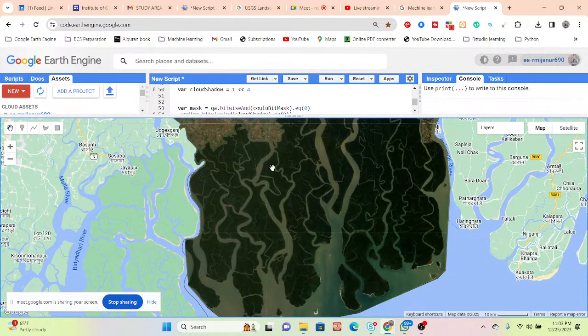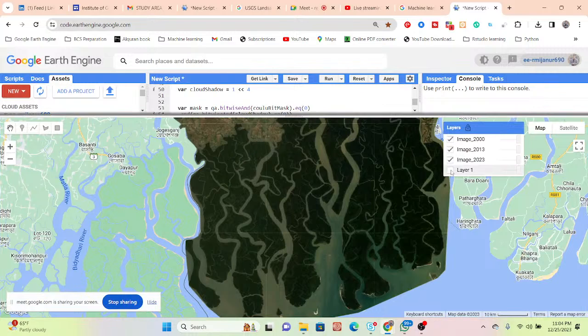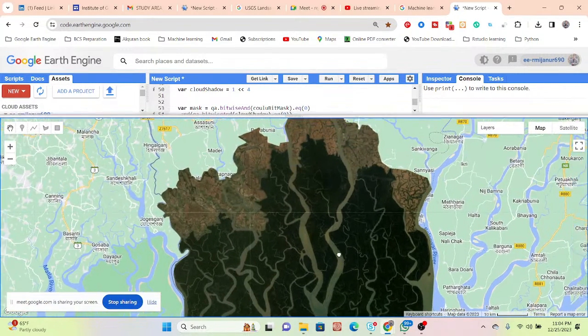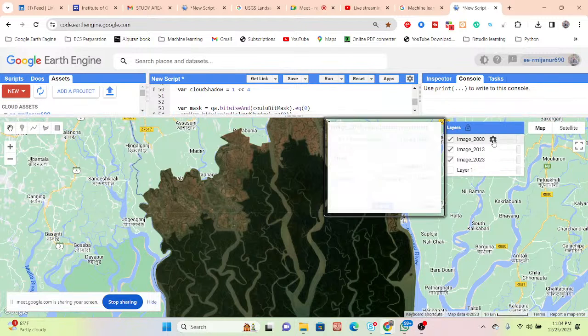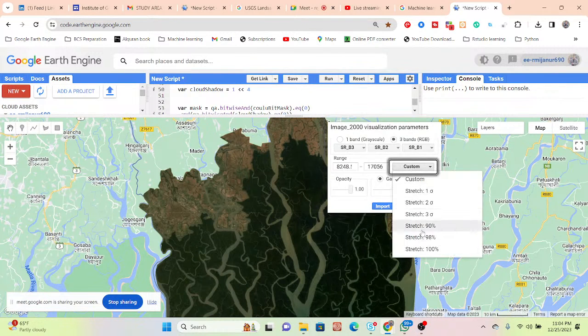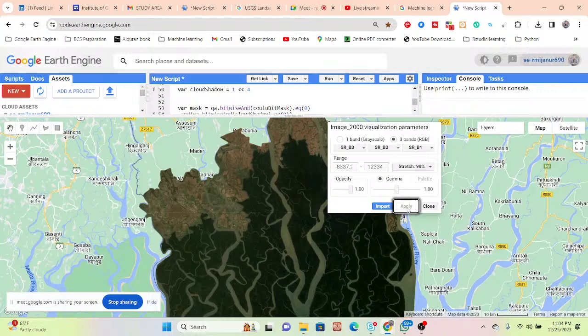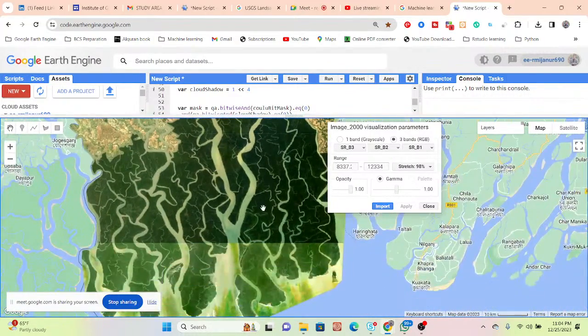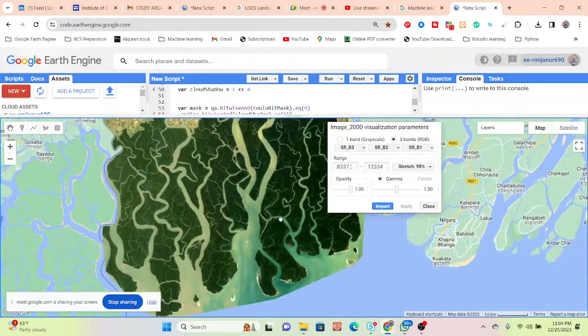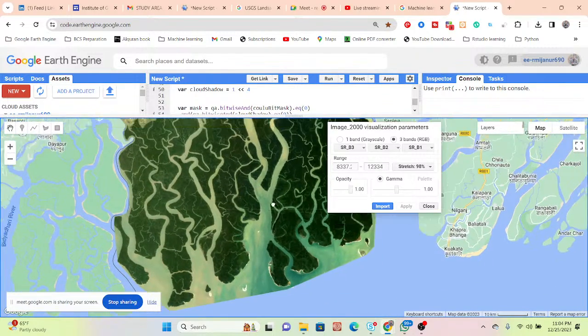So now we can get a very good image collection. So there is no trace of that. Okay, so now it's more stable. I think we can use it for making the land use and land cover.